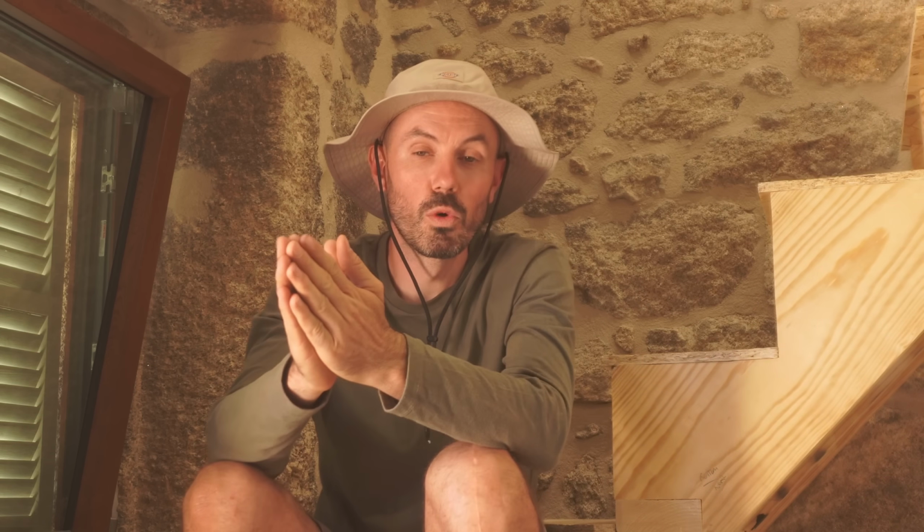Now that makes sense in lots of other buildings, and we opted out of putting that in because every conservation group that you look at or any conservation experienced architects say do not cover a stone wall. It's the same reason as to why it's a bad idea to put cement render over stone because it traps the moisture in. And like I say, at the time we opted to remove that part because we didn't want to trap moisture in the wall. Looking back on it now, it was a stupid thing to do,